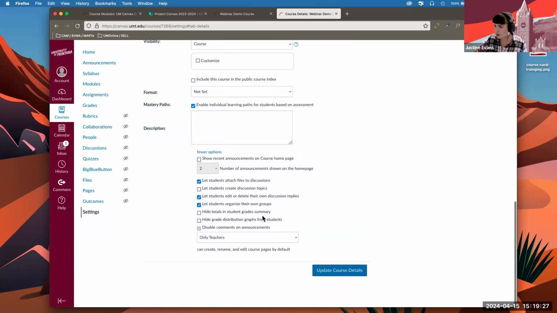The other two that may or may not be checked is to hide totals in the student gradebook. This does not hide their grades, just simply hides their category total. So if you want to clean up your gradebook a little bit, you could do this. But you may also really want to hide the distribution graphs from the student. So at this time, if this is unchecked, students have the ability of seeing how other students are doing in